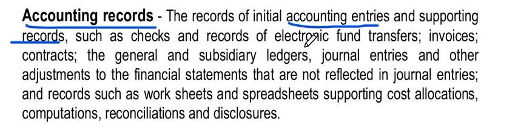Such as checks and records for electronic fund transfers or bank statements for transfers, bank checks, invoices, contracts for making some supply, making some sales or making some purchase in one construction. Now you have a contract, you made some agreement to buy something. Agreement is the records. General subsidiary ledgers, journal entries, and other adjustments to the financial statements that are not reflected